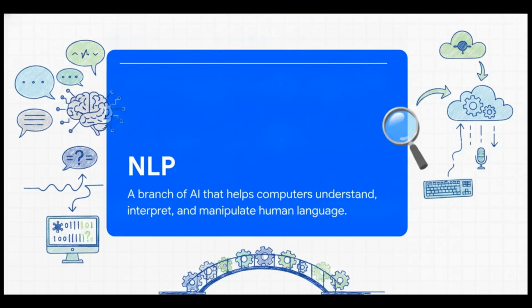Next up is natural language processing, or NLP. This tool bridges a massive, historically frustrating gap in technology. For decades, humans literally had to learn strict code to tell a computer what to do, right? Well, NLP flips the script. It's the branch of AI that helps computers understand, interpret, and manipulate human language. So instead of forcing humans to speak in rigid syntax, NLP forces the computer to meet us where we are. It processes the messy, complex, and highly nuanced ways we naturally communicate with each other.